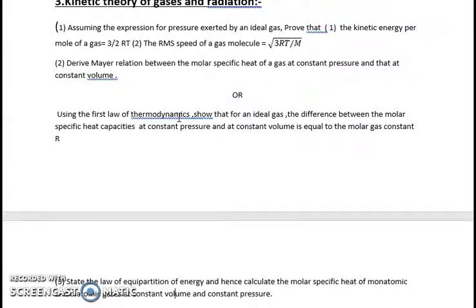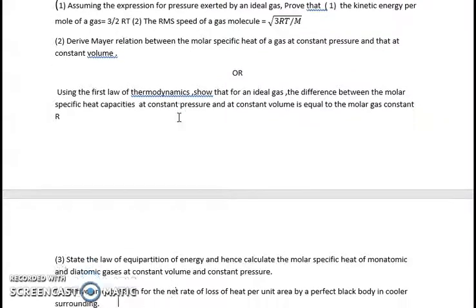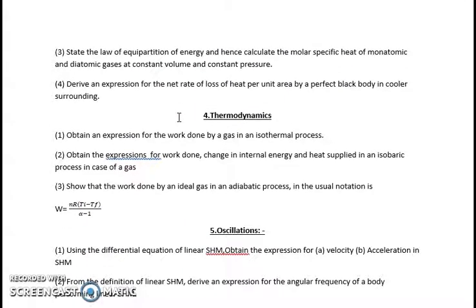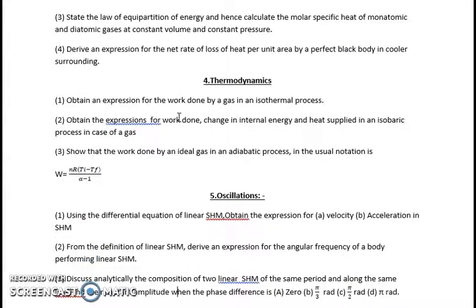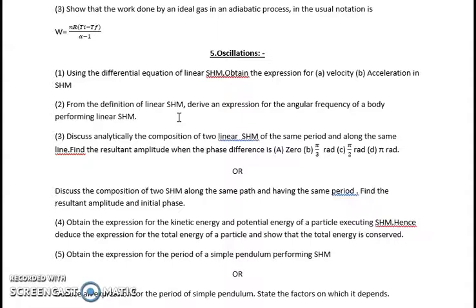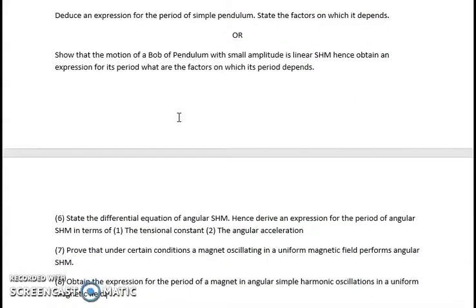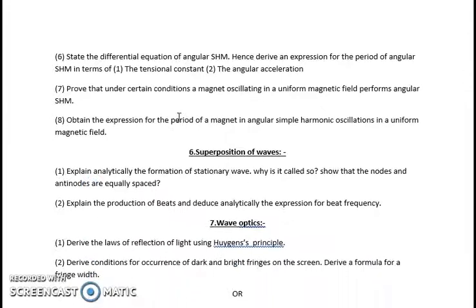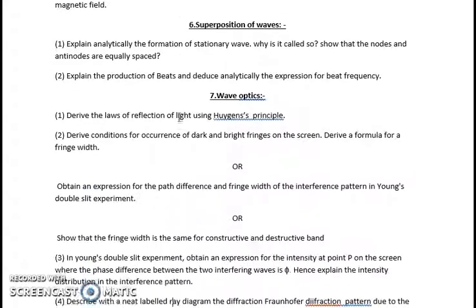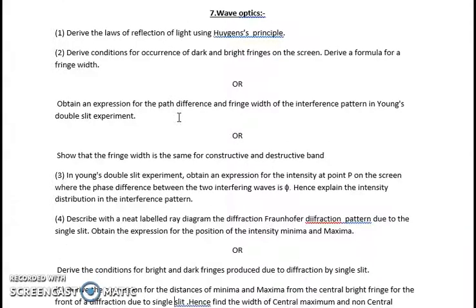This is just a question bank which I am sending you for referral purposes to prepare yourself for your board examinations. There are some frequently asked questions. You can take a reference of this video or this question bank to prepare. All the chapters in detail, or most probably all the chapters, are covered in it.